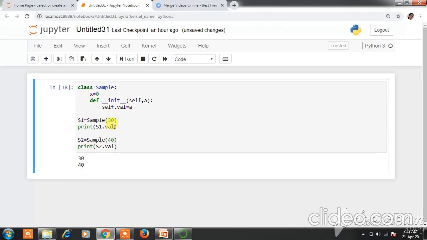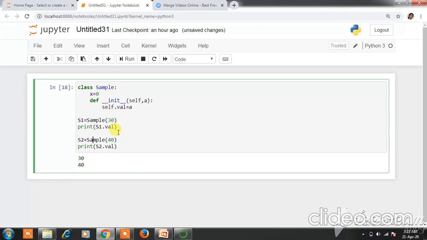That means two different object variables are created because two objects of the class are created. So if n objects of a class are created, then n object variables of that class will be created. Now the second thing: it will create only one copy of the class variable.